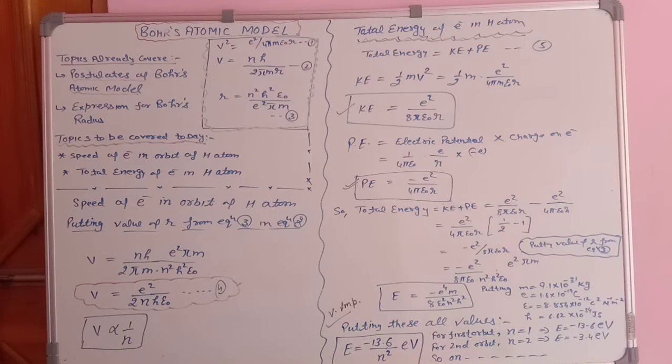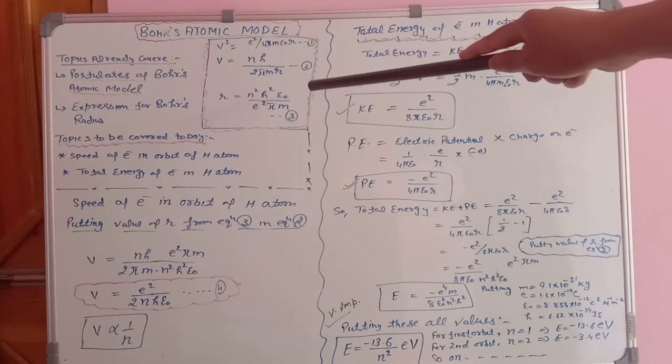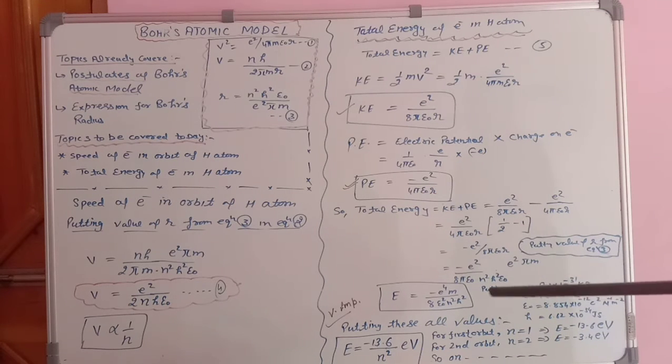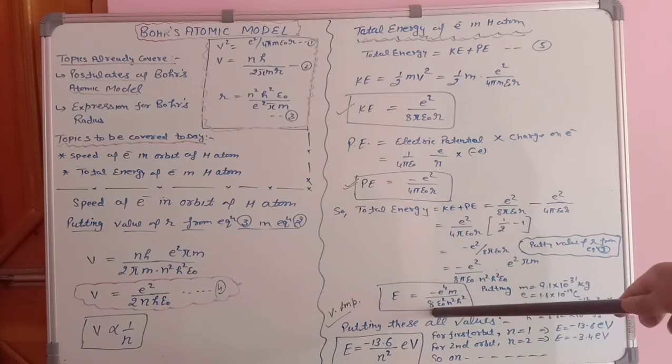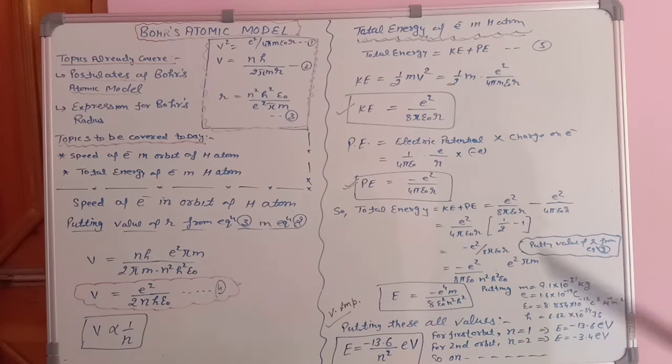Again students, r is coming from here. So from where can you put the value of r? From equation number 3. So put it back in this equation. Here you can see r. In place of r you will put this value. So you will get minus e² times 4πε₀n²h²ε₀ over e²πm. Cancel the terms which can be cancelled, and at last you get one very important relation, that is E is equal to minus me⁴ upon 8ε₀²n²h².